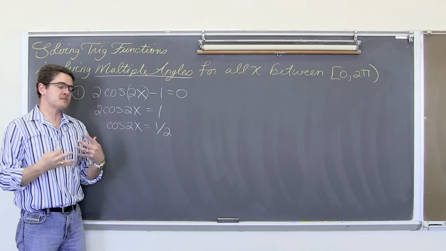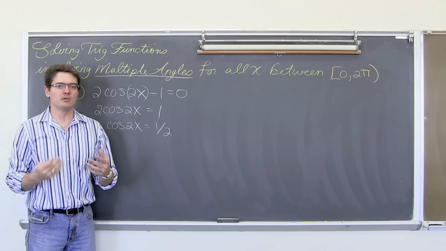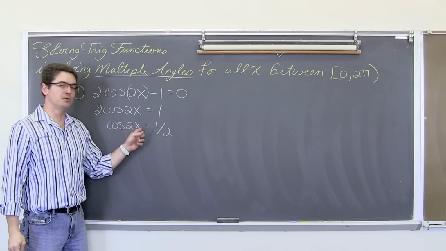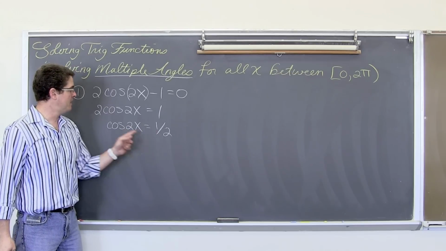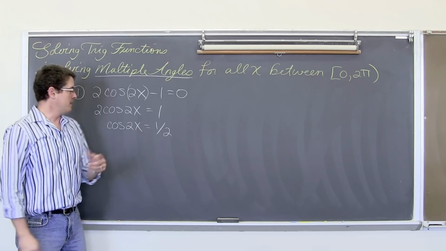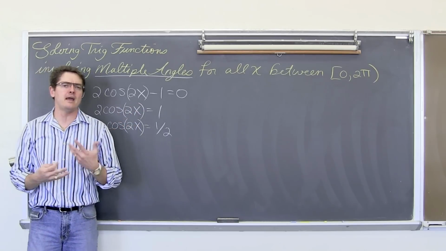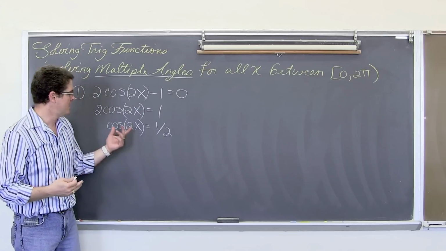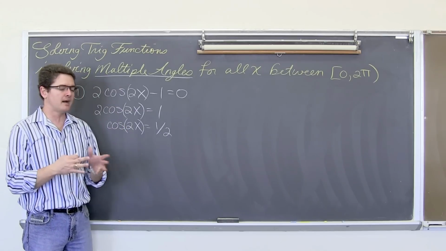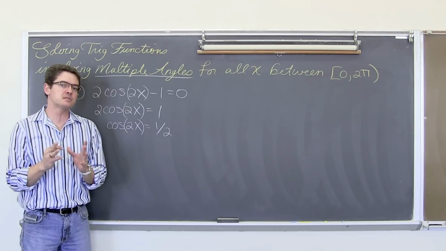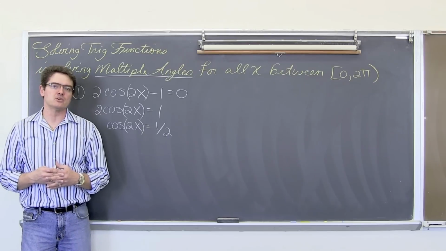Now please remember that this is a trig function. It's not just a variable. It's not cosine times 2 times x. So we can't just simply divide away this 2. It's the cosine of 2x. I like to keep my angle measures wrapped up in a set of parentheses. Not mathematically necessary, but it really highlights that it's a math function of cosine being applied to this angle measure.